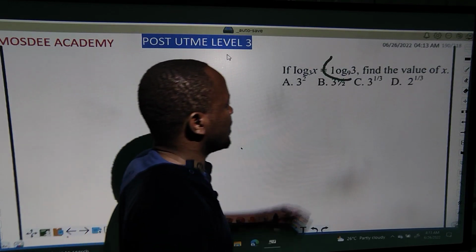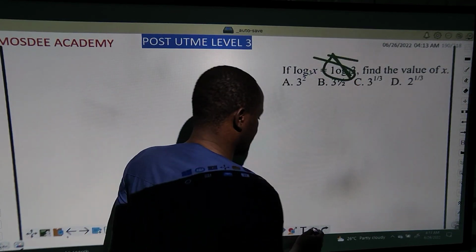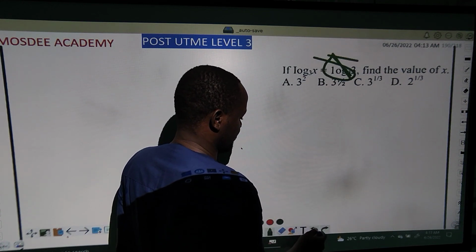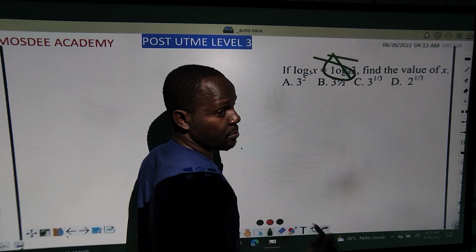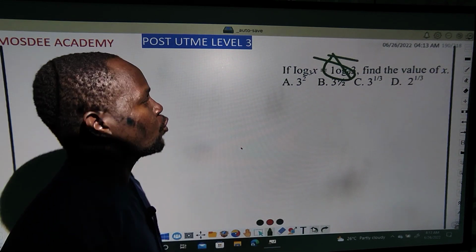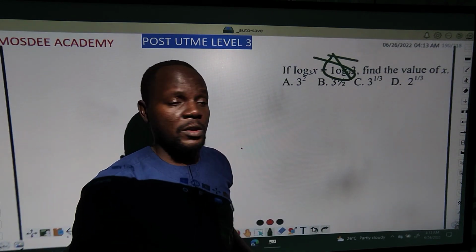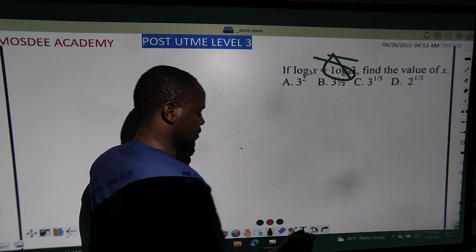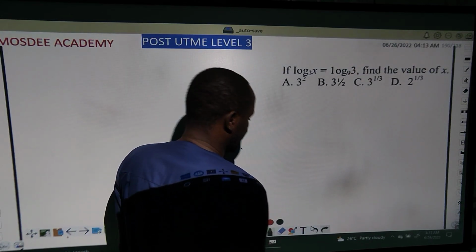So from the log laws and the log rules we've talked about, we can actually say this is a simple question, but maybe not that simple as you think. Just hold on, nothing happens, just hold on. Maybe it's not as simple as you thought, but it's a simple question to be honest. So now we can say,